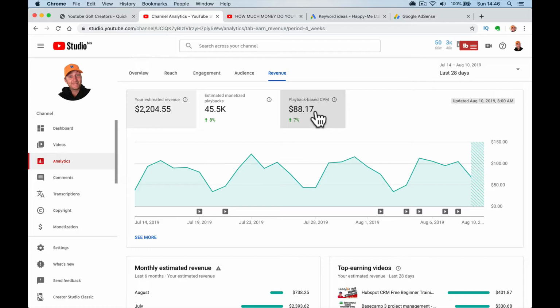So the advert in front of my videos will mean that the cost per milli, the cost per 1,000, can go up because advertisers will... It's like an eBay. Google AdWords, where advertisers put adverts on. It's like an eBay of advertising space. They're bidding against each other for that space, and they will outbid each other. So on mine, it's $88 per 1,000.